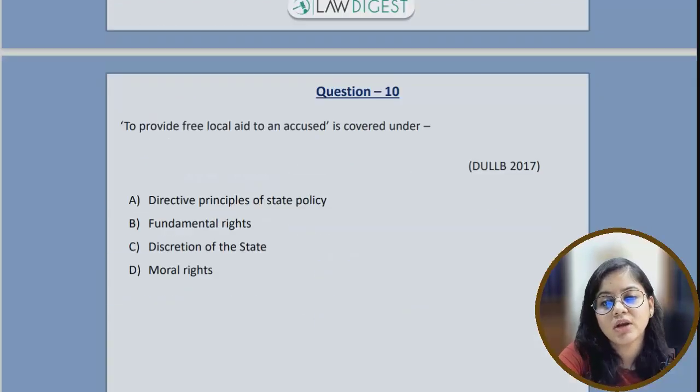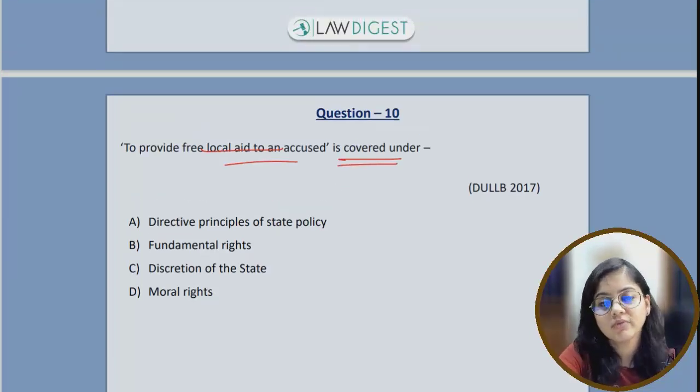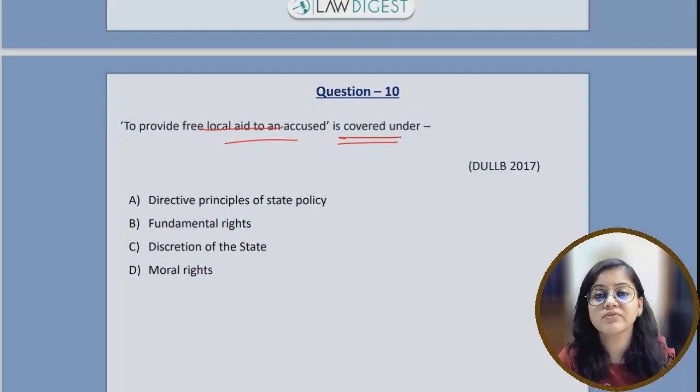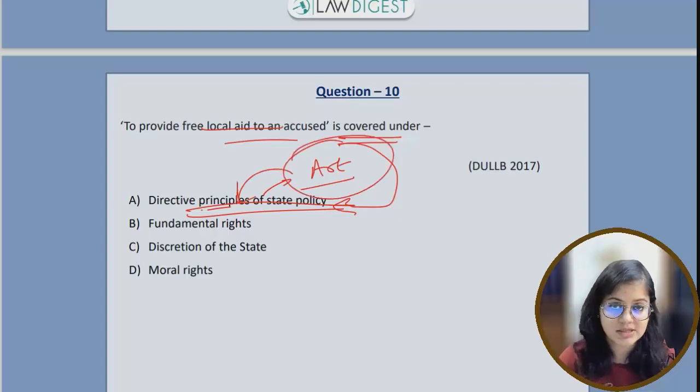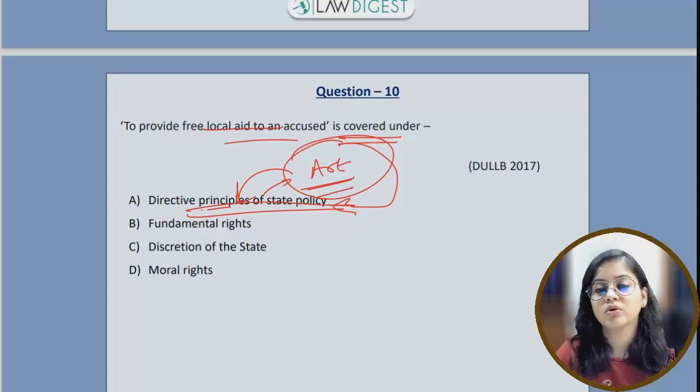Then moving further to the last question, to provide free legal aid to an accused is covered under which of the following? So हमारा कॉन्स्टिट्यूशन बात करता है कि फ्री लीगल एड दी जाए to those people who cannot afford legal services. तो ये जो बात है ये कवर करी गई है अंडर द DPSP. DPSP में ये प्रोवाइडेड है कि फ्री लीगल एड दी जाए. अब ये DPSP के कौन से आर्टिकल में है, इसके रिलेशन में भी हम पहले भी क्वेश्चन डिस्कस कर चुके हैं. And I would want that you mention the article in the comment box below